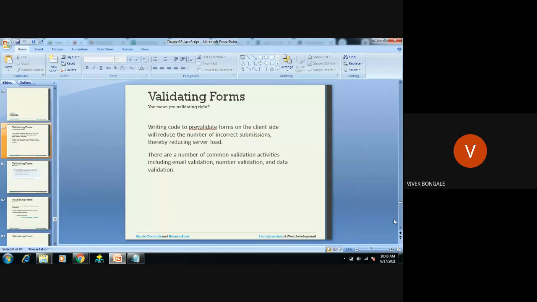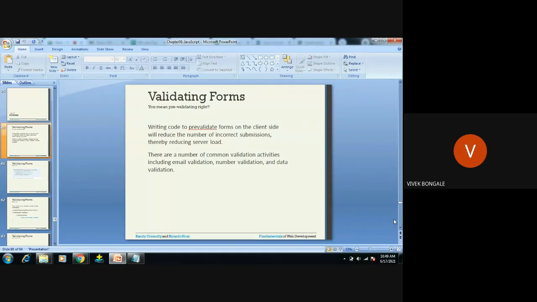Now we have created the form and we have submitted it for the user. Now what the user is entering in that form, whether all the values he's entering in that particular form are correct. For example, I will give a Gmail ID. Enter your email ID. So what he will do, he will write just A B C D F G H I without giving a proper format of the email, and you're going to submit that form to the server, right?